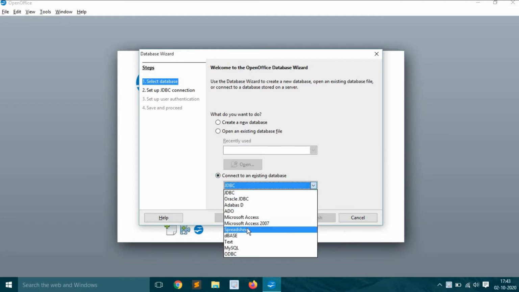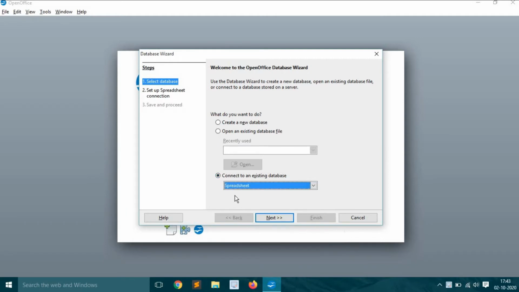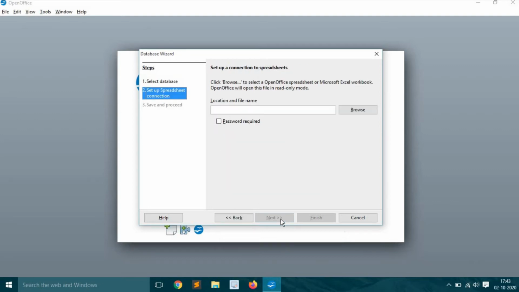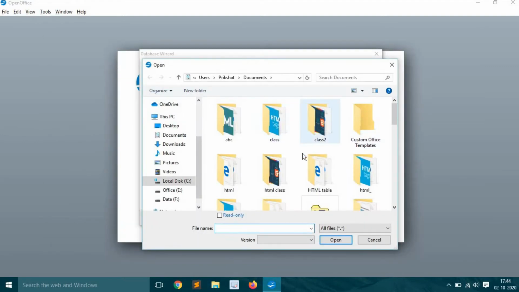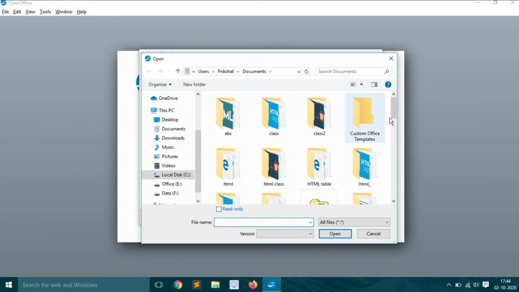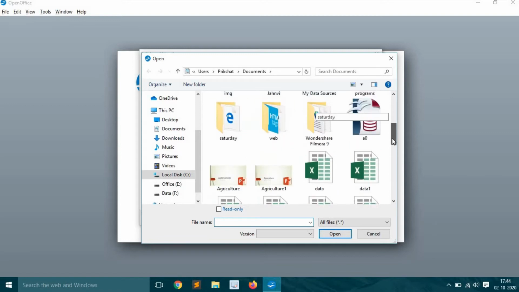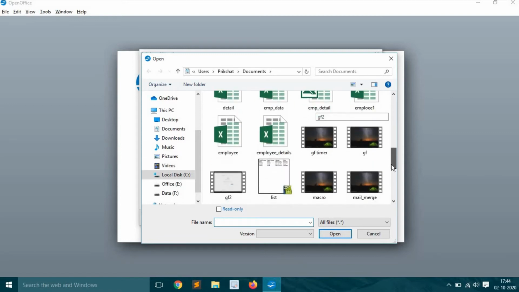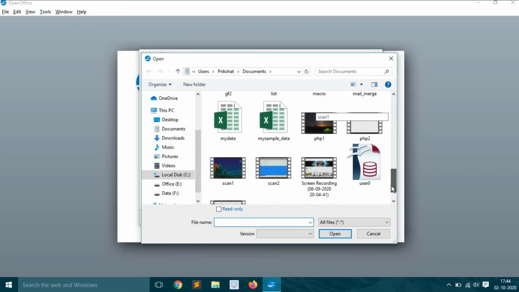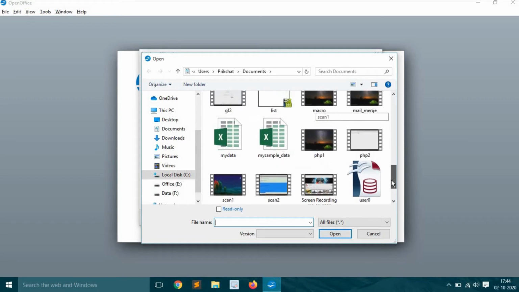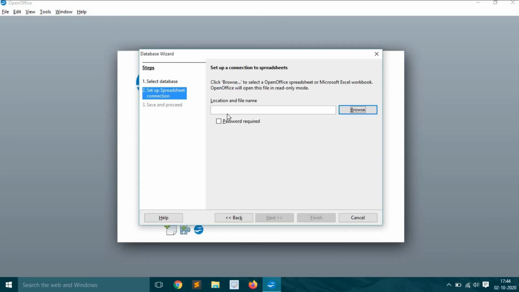So here I am going to choose spreadsheet. In the spreadsheet, I am going to go next, and now we are going for the location of our file. So here I choose the location, spreadsheet database. In this case, I have a list here. This is my list.